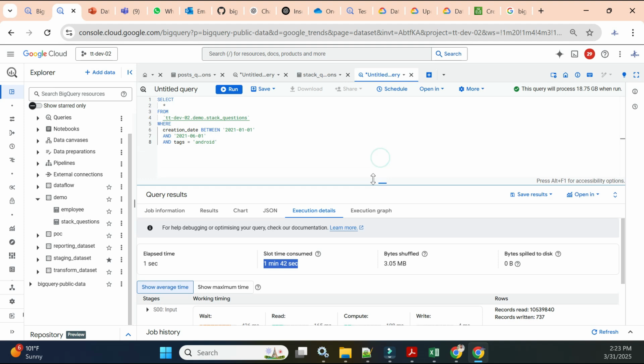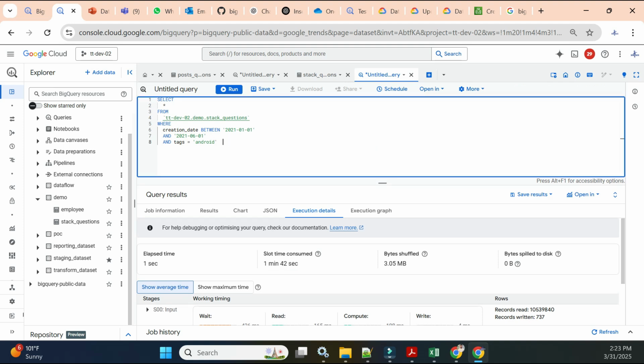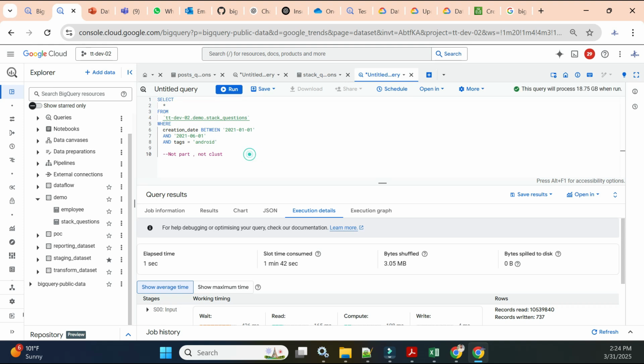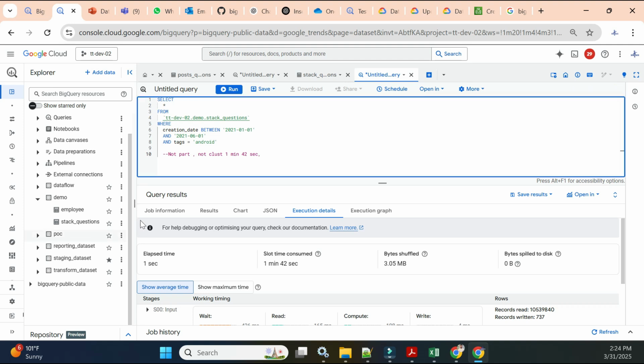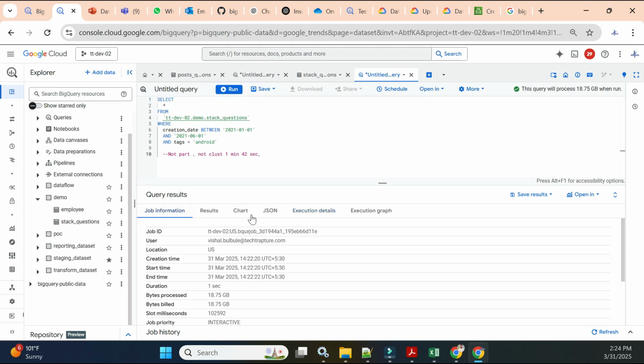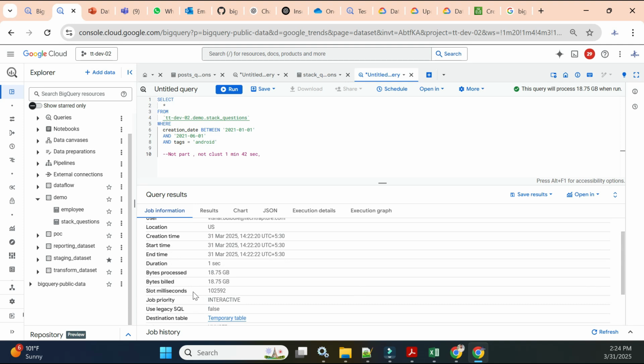So it took 1 minute 42 seconds. I will just note it down. So this is for the not partitioned, not clustered table. So how much is the slot timing? 1 minute 42 seconds. And how much data is billed? Here you can see how many bytes billed, meaning the cost of your bill. So this is your billed bytes,